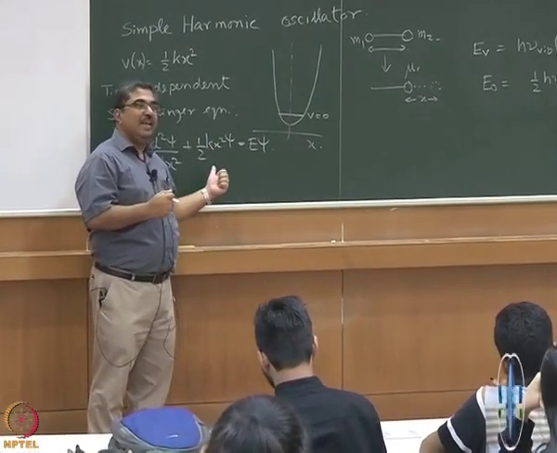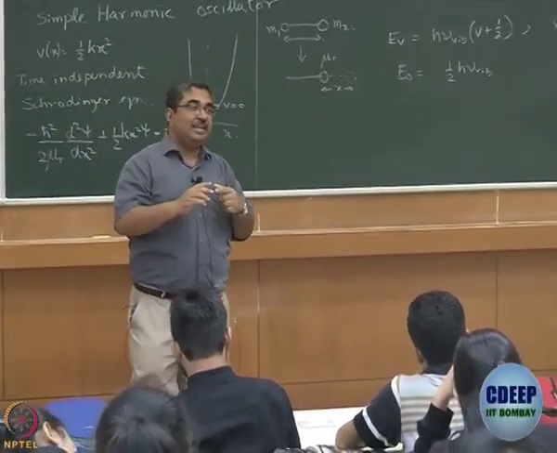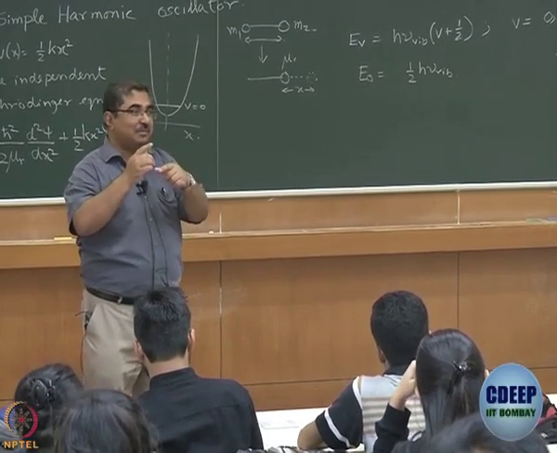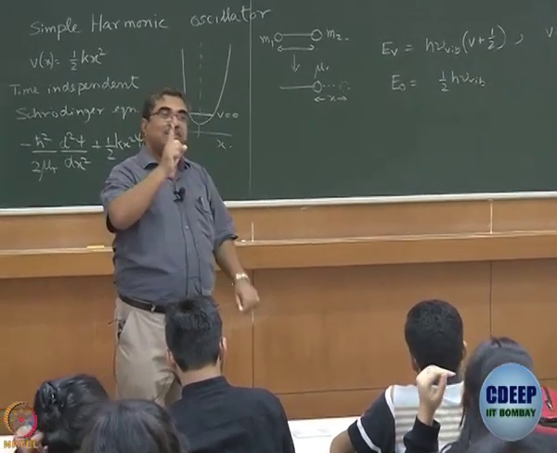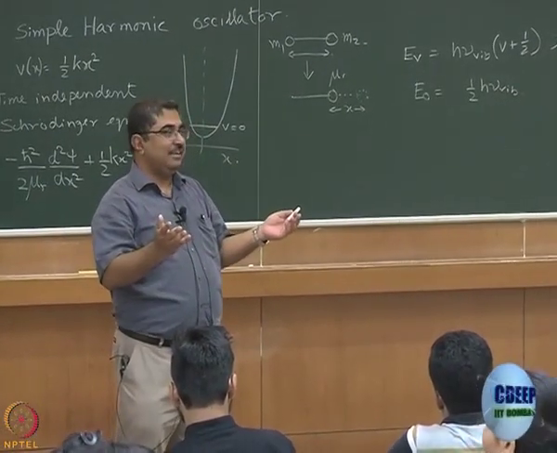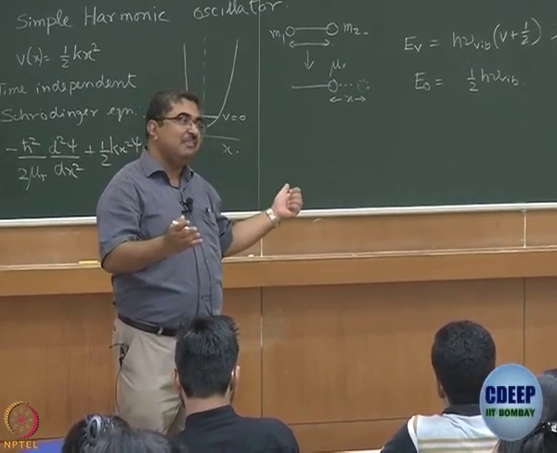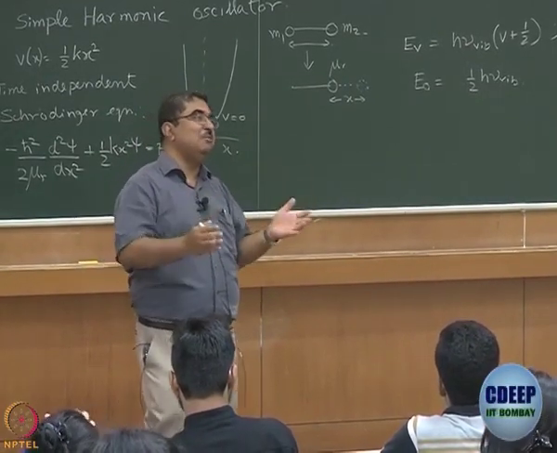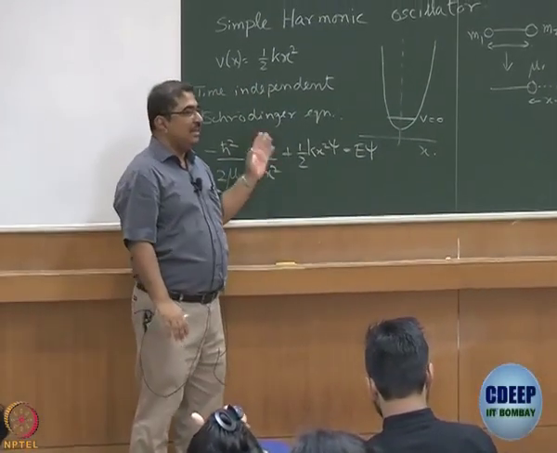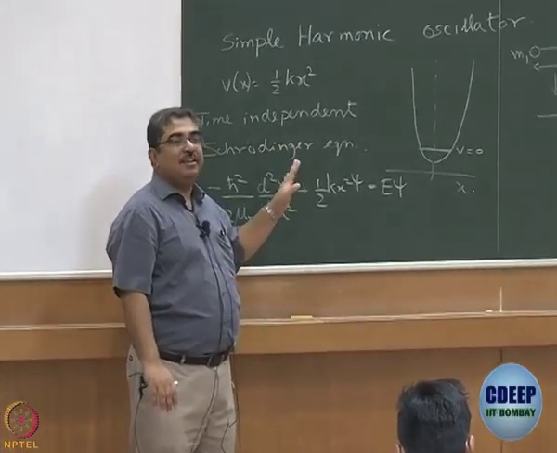And herein lies a major difference between a quantum harmonic oscillator and a quantum rigid rotor that we discussed yesterday. Remember, rigid rotor could have stopped. Why? Because when it stops, it can take up any value of theta, it can take up any value of phi. So, uncertainty in position is infinity. Here, if it stops, uncertainty in position also would become 0, and that thereby uncertainty principle would be violated. That is why quantum harmonic oscillator cannot have 0 energy.